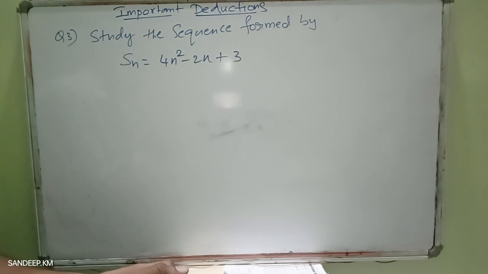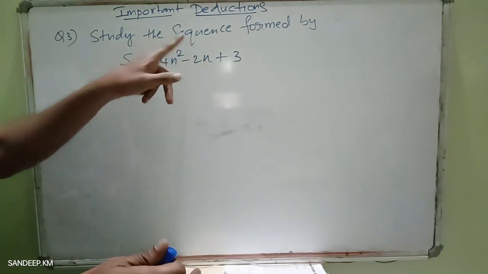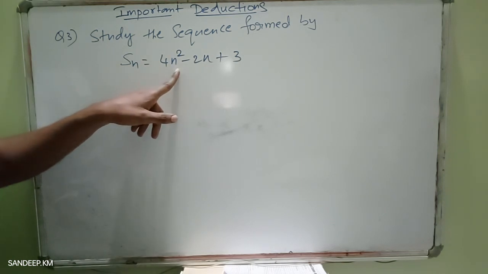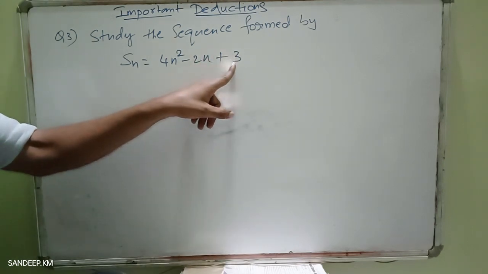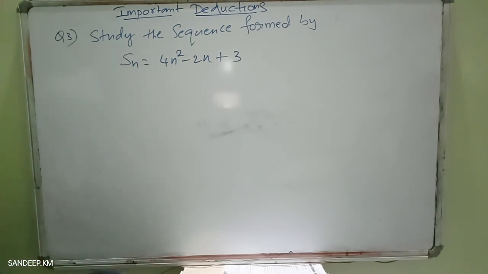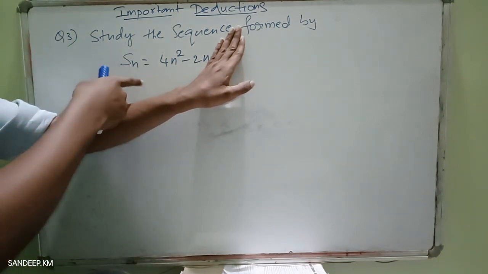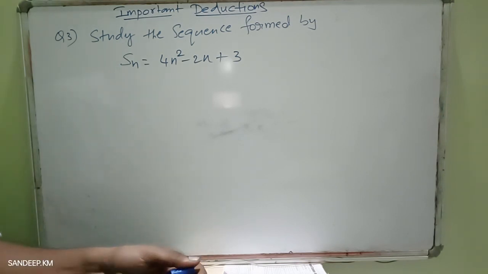Here is our third question, to get clarity about the sum of n terms. By looking at the sum of n terms, we can directly say that the sequence formed is certainly not in AP. What is the reason? Because this sum of n terms is a quadratic polynomial along with a constant. If a constant is there, the sum of n terms will not give us an AP. It will be some other sequence. Now if the constant is missing, then we can say that the sum of n terms will give you an AP, but we have a constant, right? Let us find out what the sequence is first.